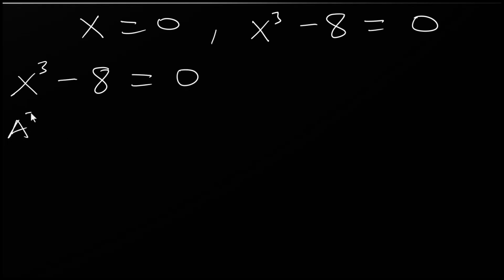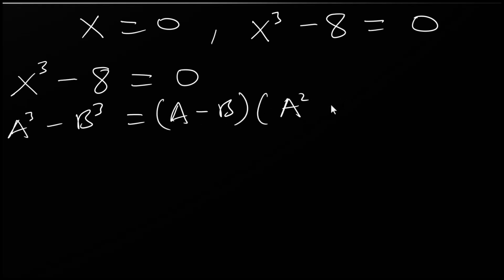a cubed minus b cubed is the same as a minus b times a squared plus ab plus b squared. Okay,